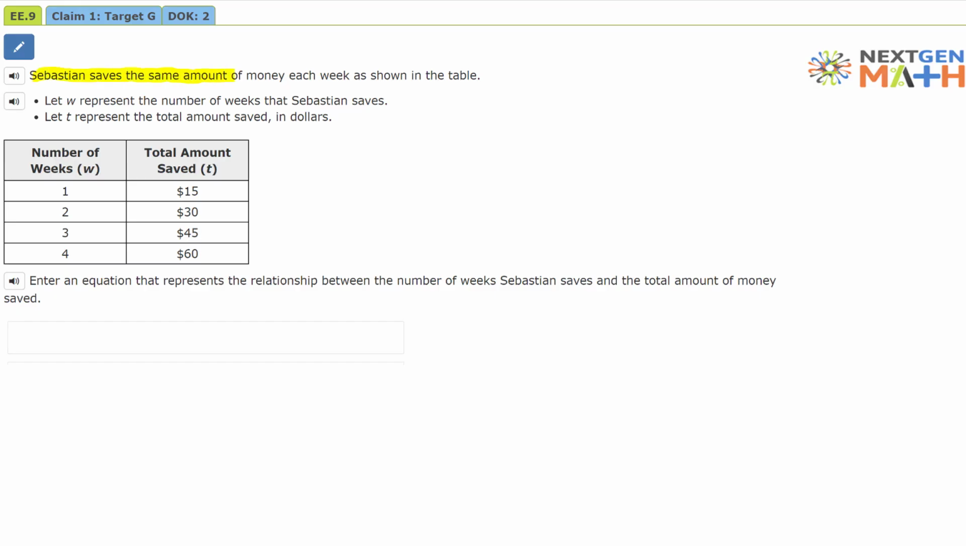Sebastian saves the same amount of money each week as shown in the table. Let W represent the number of weeks that Sebastian saves. Let T represent the total amount saved in dollars. Enter an equation that represents the relationship between the number of weeks Sebastian saves and the total amount of money